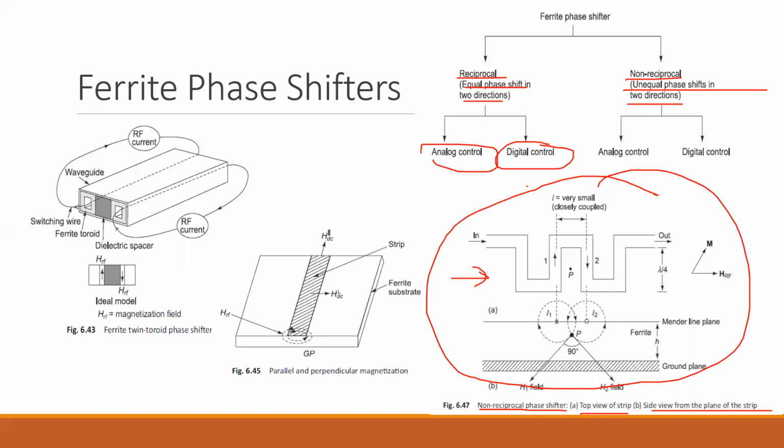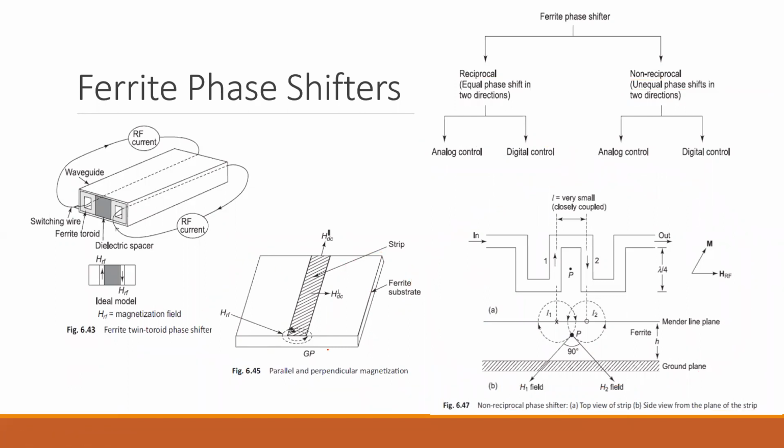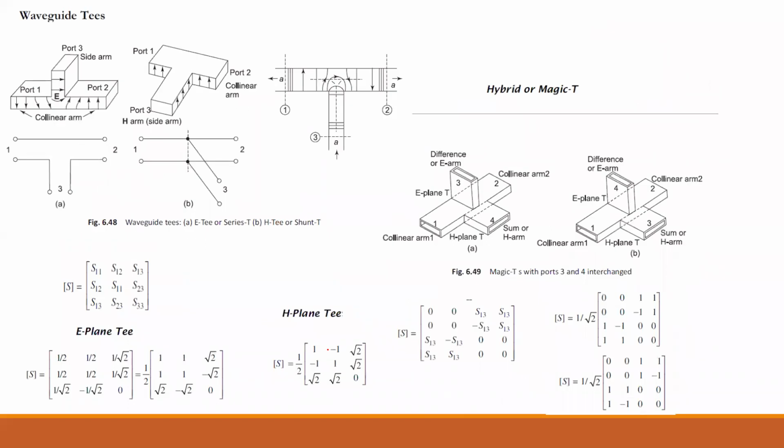Now in the digital phase shifter, you are basically using high remanence ferrite materials for obtaining the phase shifts. So with the help of the ferrite materials and the substrate, this is a substrate what we have. Using that substrate and the ferrite material, you try to introduce the phase shift, which provides you a digital control for the phase shifters you are utilizing. So this is in association with the ferrite phase shifters.